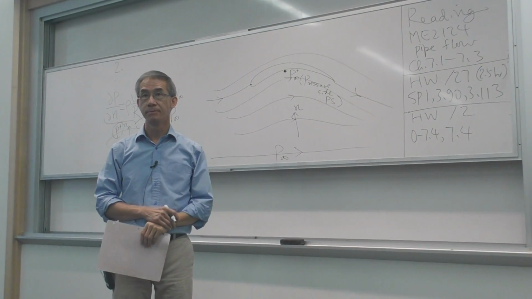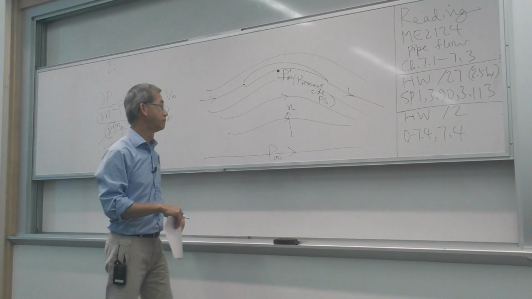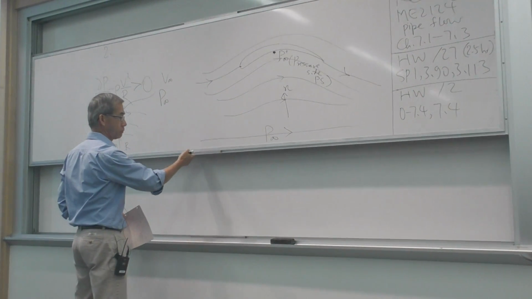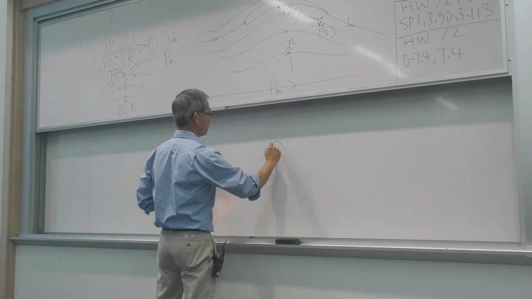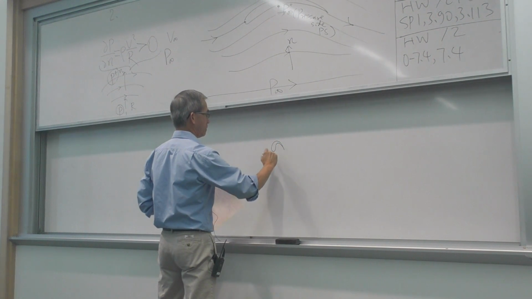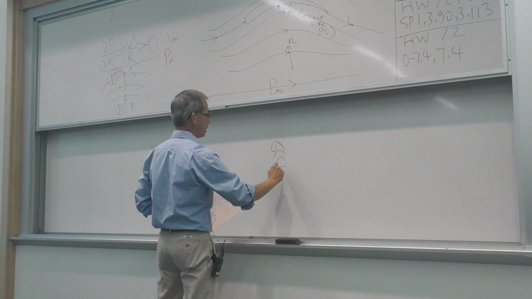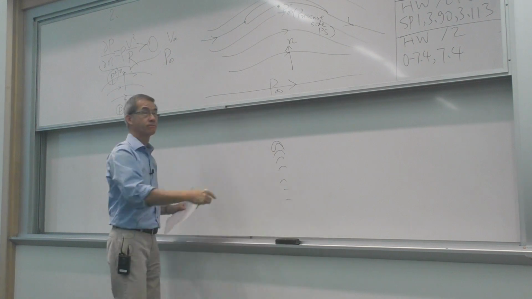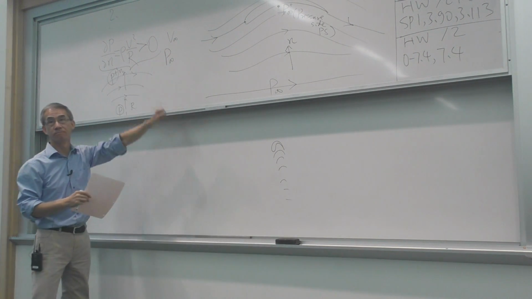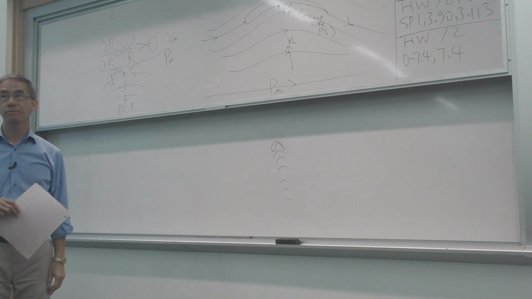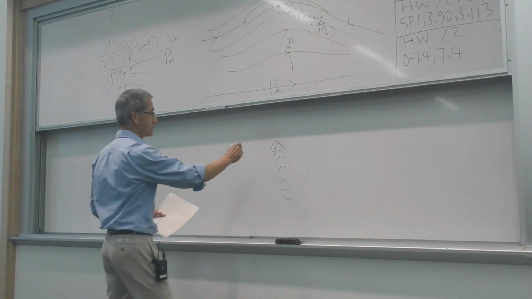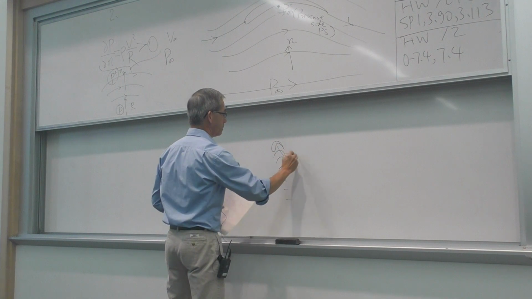And just for the sake of argument, if my airfoil is like this, the more curved my streamline, according to this equation, the higher the pressure underneath on the lower surface of the airfoil. So if I can design an airfoil with this shape,